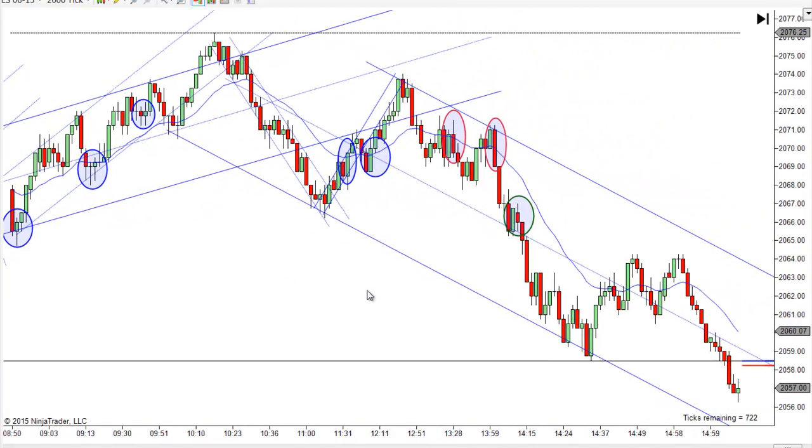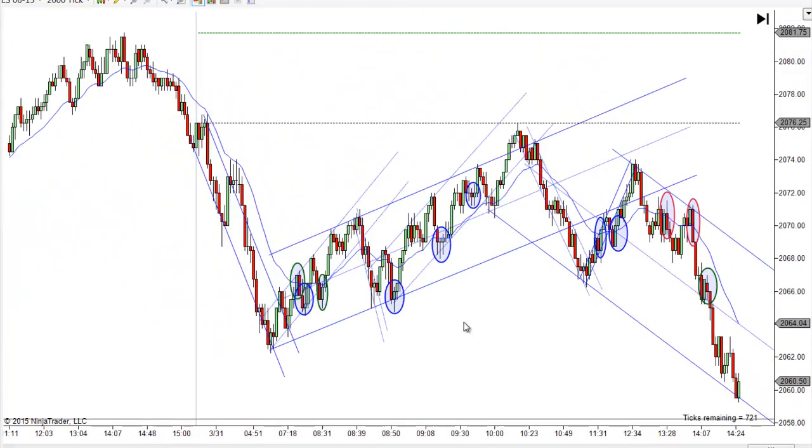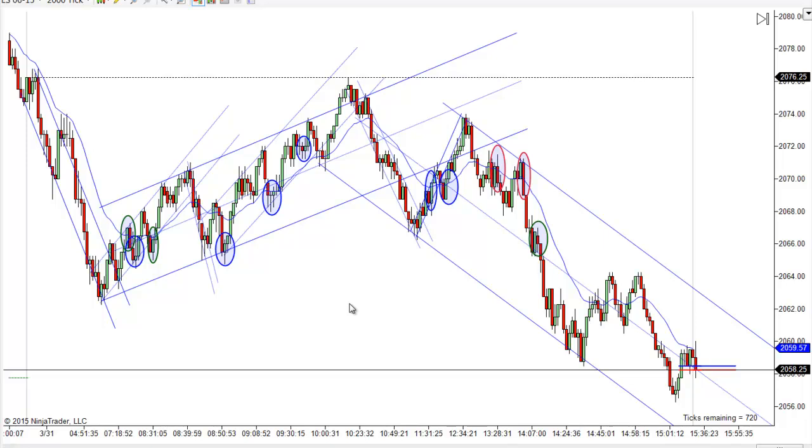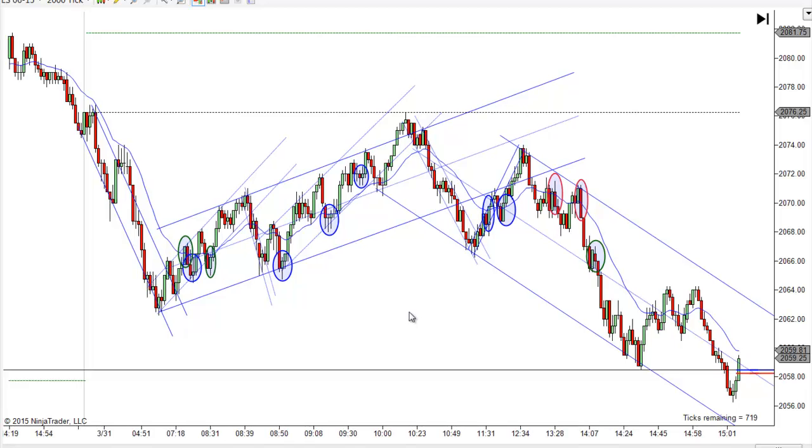And that was it for today. I got you into the 2 o'clock hour, so I'm not going to waste any more time today. There's not much else to talk about, but it was a really good day as far as straightforward price action. The only thing that might have been a little bit different